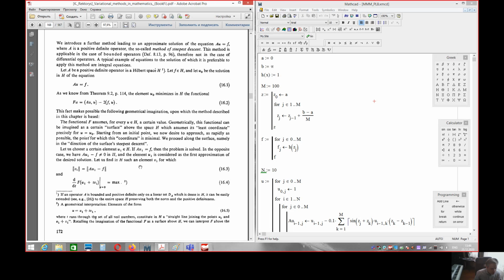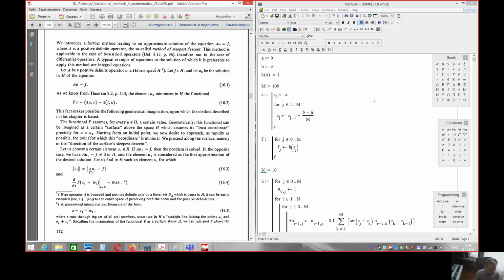Let's choose a certain element U1 from H, and if AU1 equal to F, then the problem is solved. In the opposite case, we have AU1 minus F not equal to 0 in H, and the element U1 is considered as the first approximation of the desired solution. Let's find in H such an element V1 for which